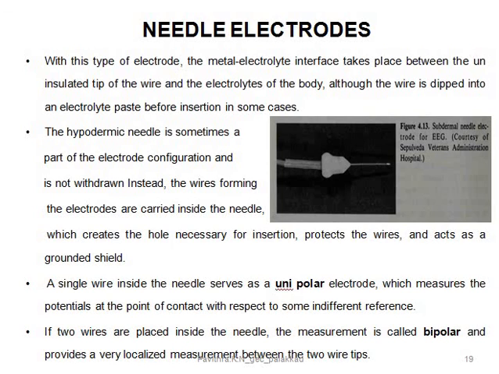Okay, now the bipolar electrode. The word meaning itself tells us: if there are two wires inside the needle, then it is known as a bipolar electrode, and this type of electrode will provide a localized measurement between two wire tips. Now for measurement of ECG, the type of needle electrodes used are surgical clips penetrating the skin of a living organism in the spinal region. Okay, such surgical clips are provided for taking the measurement in an ECG.